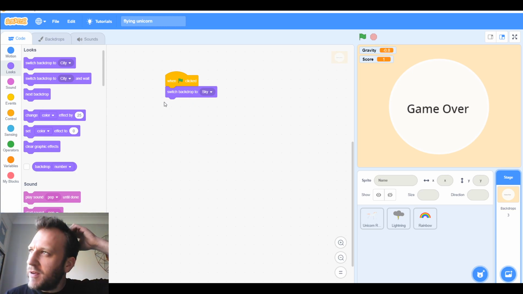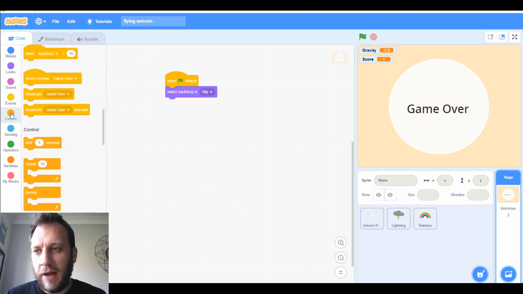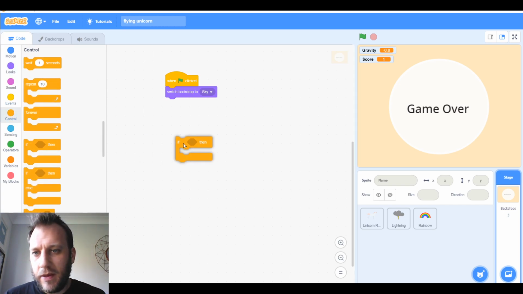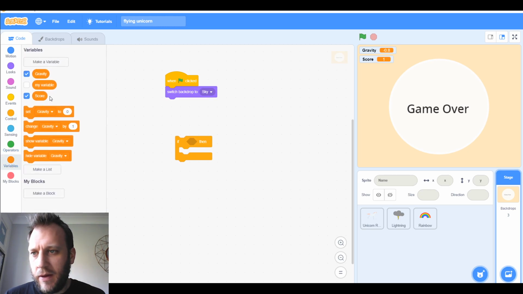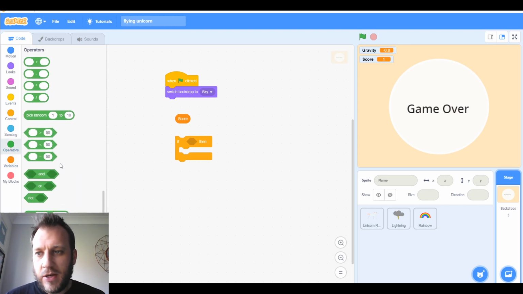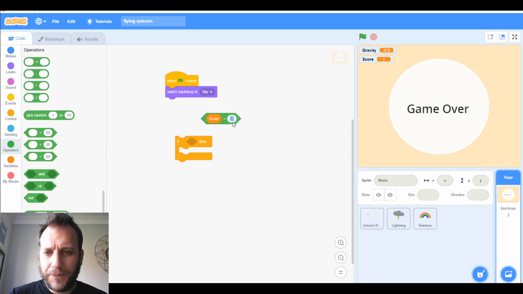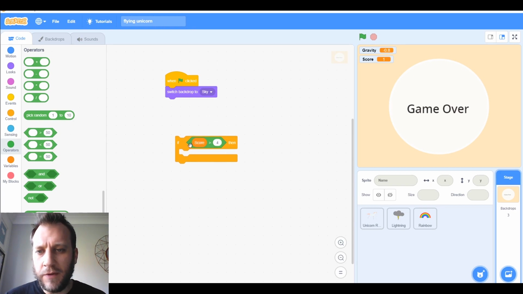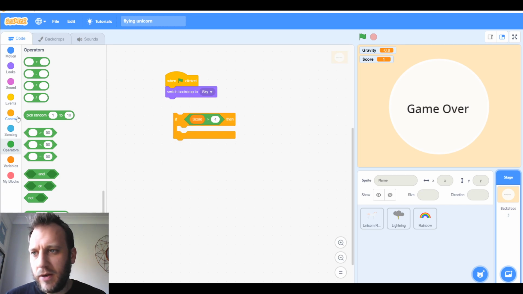So what I want the computer to do is check the score, and if the score goes over 5, then we'll change the backdrop. There was definitely an if in there, definitely an if. So if, and there was definitely a score, and we said if it was going to go over 5, so we're going to use one of our maths operators. So we're going to say if it's larger than 4. So when you collect the 5th one, it will be larger than 4, and so it will change. So if the score is larger than 4, then